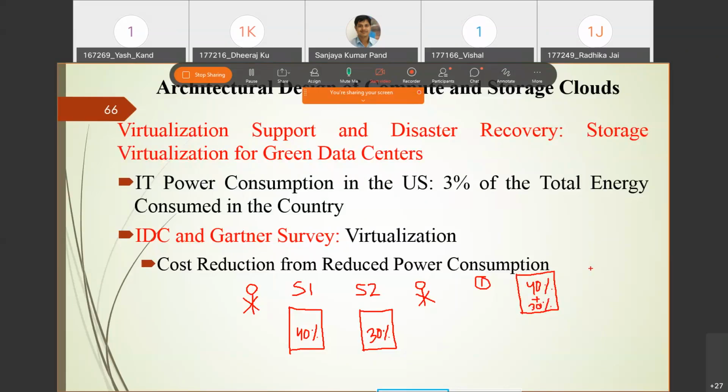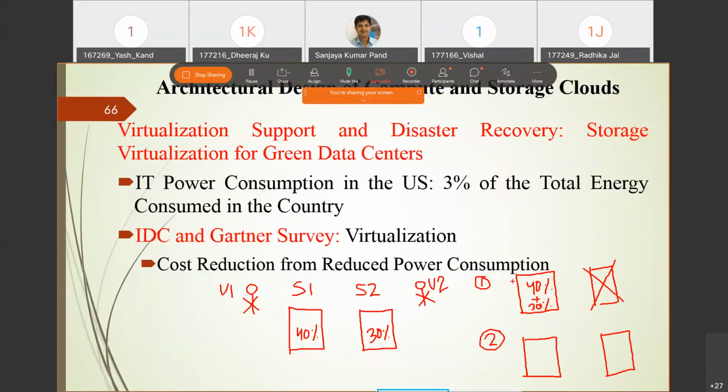And you will switch off server 2. Server 2 is not required, right? As the sum of the utilization is not exceeding 100%, the work of both user 1 and user 2 can be completed by a single server. That is one solution. Another solution: server 1 is also active, server 2 is also active, right? So just tell me which solution is better. Solution 1 is better or solution 2 is better?